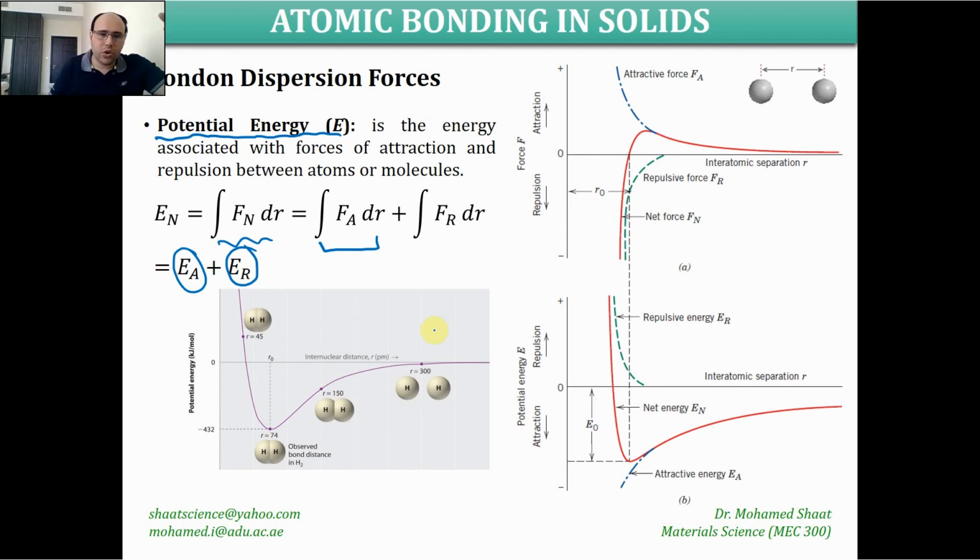The magnitude of this potential energy will increase as the distance R decreases. Here I'm talking about the magnitude, forget about the signs, just the value of that energy, which will increase as R decreases to a maximum, then decrease again to zero